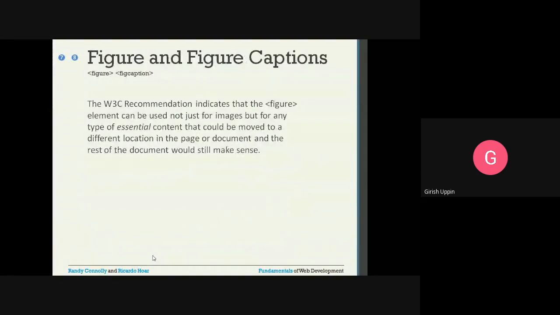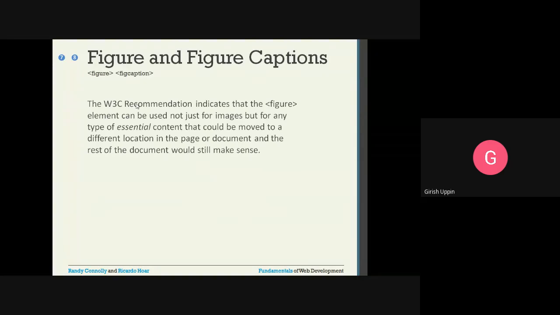Next is the figure and the figure caption. Wherever you want to use relevant images, for example, you have an article about sports and you want to use a certain picture of that story, then you have to use the figure. That particular image has a relevance, a semantic meaning, with that article. This is not used for general purpose images.